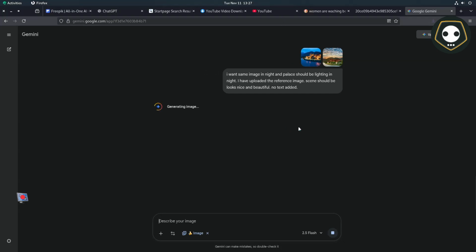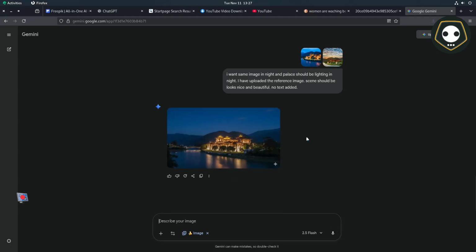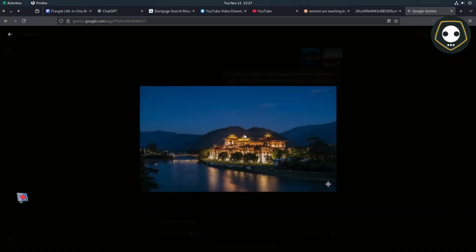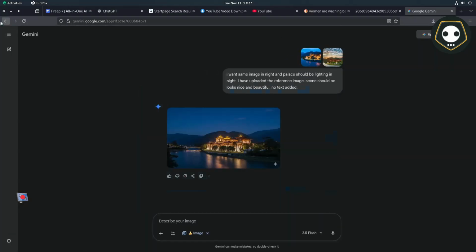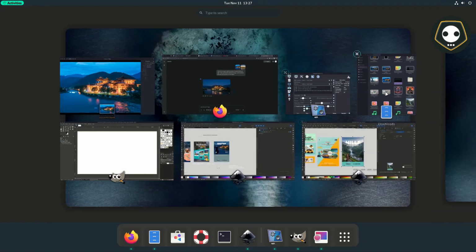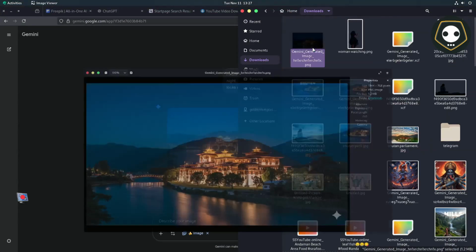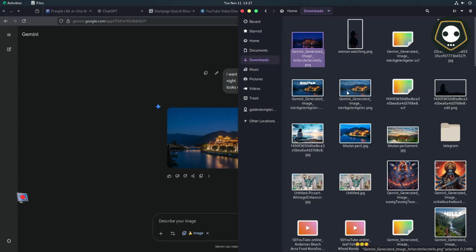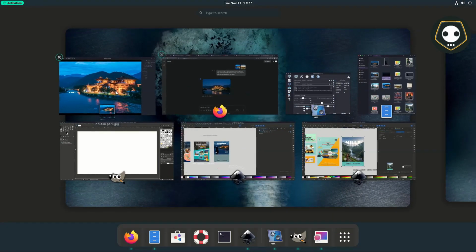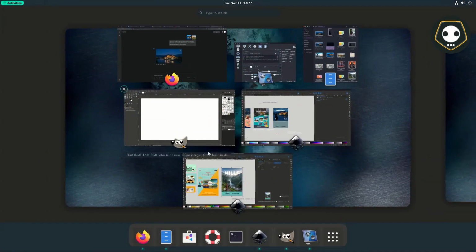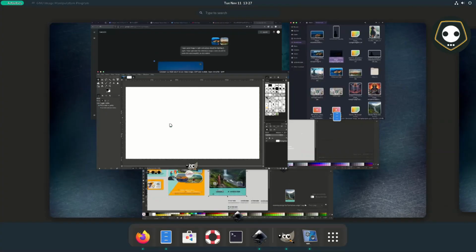After a few moments, a few images were automatically generated. This is the generated image, and you should download this one to your local disk. I have already downloaded this one, so you can see it here. I made this image a few minutes ago before making this video, to show you how you can create this image.